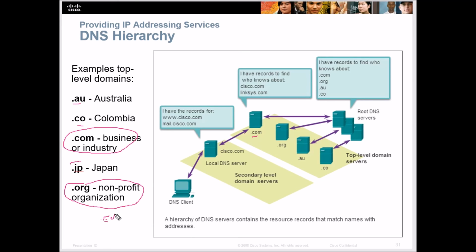But you can get all kinds of different ones that are out there. .biz, .gov are usually governments. So you'll have a .gov.us or something along those lines. And then you have your secondary levels, which is your domain name, Cisco, Jason E. Johnson, Amazon, and then whether it's a .com or a .biz or a .org or a country, it'll be on there. And some countries sell their domain names.